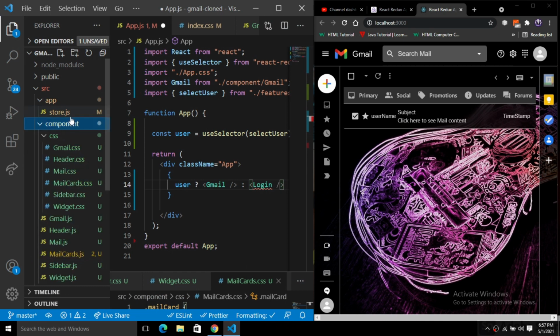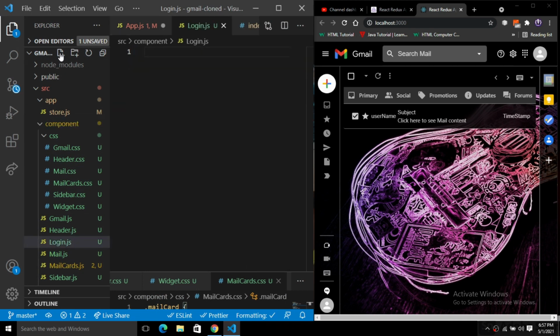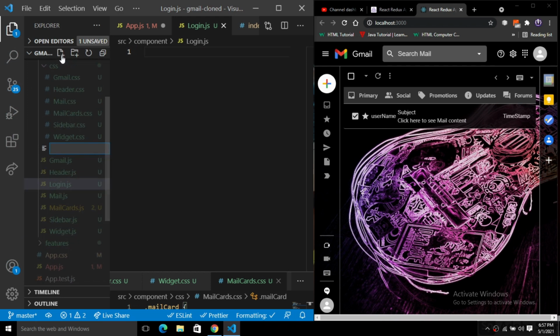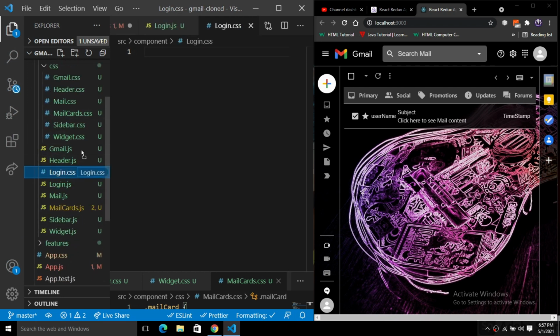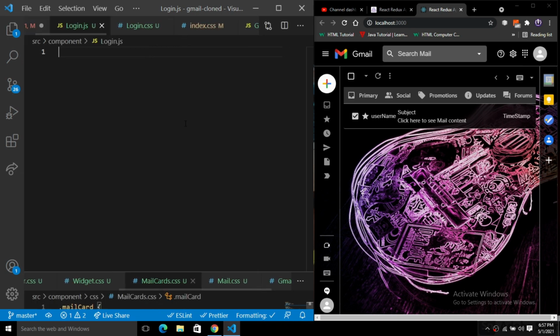Inside of this components folder I'm just going to create a login.js file, right? We have this login.js file here, and one more file that we will create, a login.css. So login.css, and just put it inside of the css folder. Okay, so we have this login.js, and here we'll create a React functional component snippet.